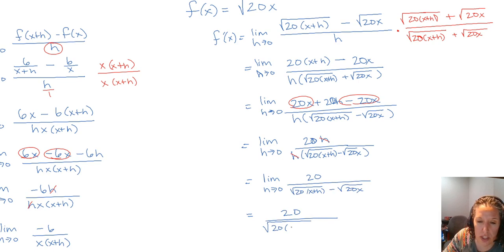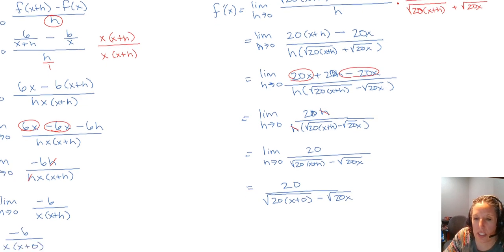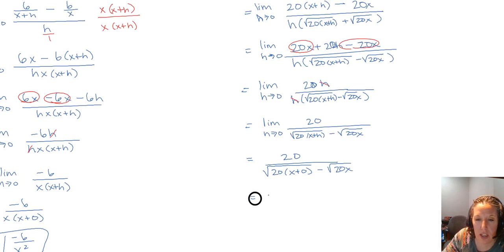So underneath the square root, we get 20 times x plus 0, and then minus 20x, and so that does simplify. Both of those square roots are the square root of 20x,